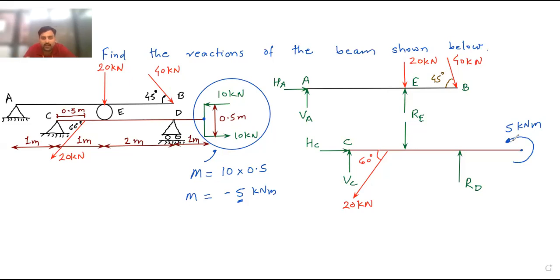So this is the free body diagram. Any doubt in this? Free body. Okay, so this is the free body diagram of both the beams. Now what we will do now, first we will solve this beam AB. We will calculate the reactions at A and we will calculate the value of RE. And after getting the value of RE, we will solve this beam